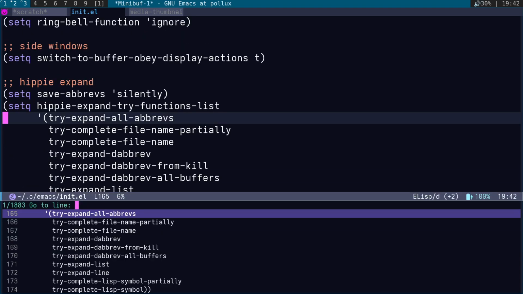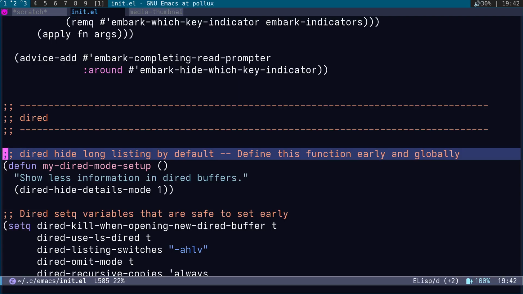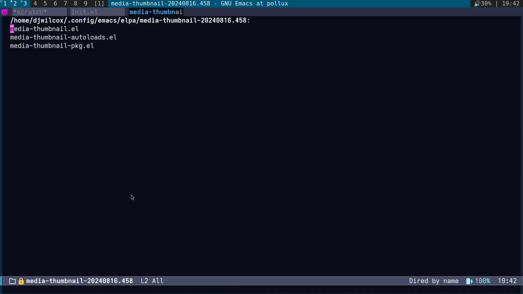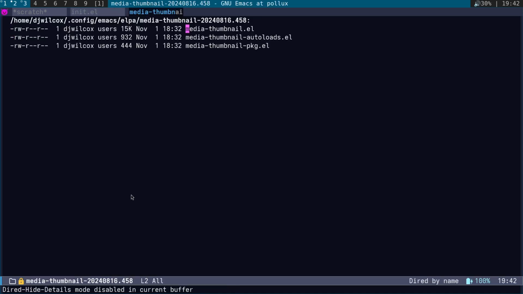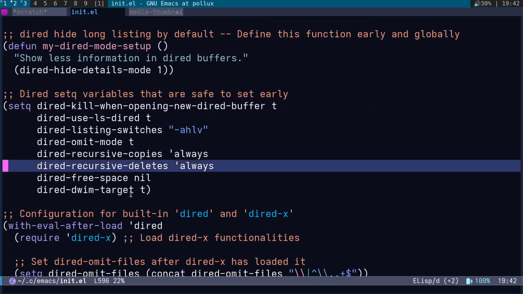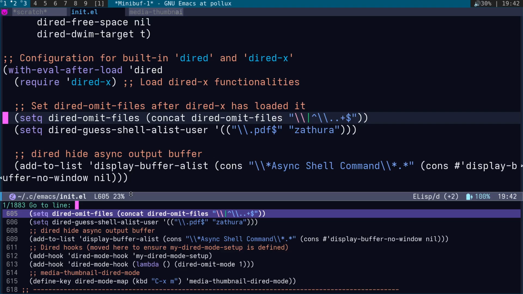There's an option to hide long listing by default. Yeah. Okay, so the option is dired-hide-details-mode 1. So basically what that does is it hides the long listing, hides this view and sets it to this. I think there's some other stuff here you can have a look through, but the